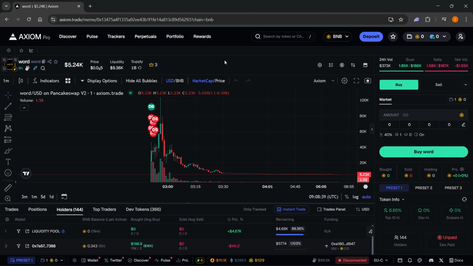But when you find a coin you'd like to trade, just go to the right hand side, click on the buy button, and then you can go ahead, select how much you want to buy, and then you can just click on the buy button over here, and whenever you're ready to sell, you can just sell using this button here. Okay, so that's how easy it is to trade meme coins on BNB using